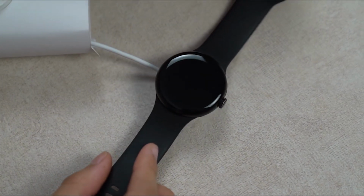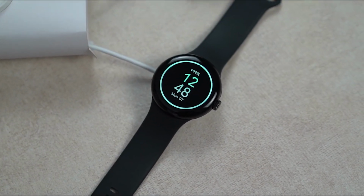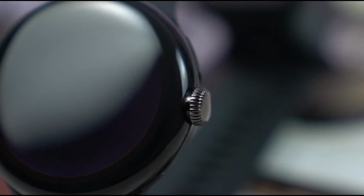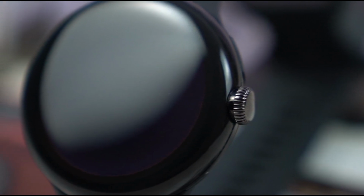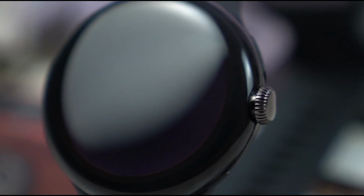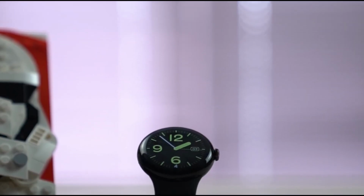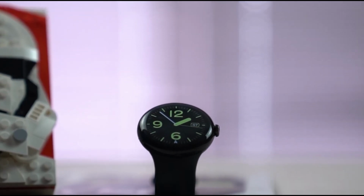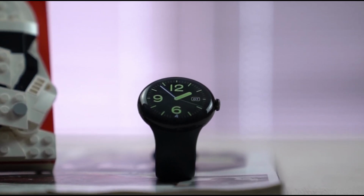Google reckons you'll get 24 hours of use from the Pixel Watch, which should put it ahead of the latest Apple Watch. We found that estimate to be way too generous, at least with the always-on display enabled. A battery saver warning would flash long before bedtime, after starting the day with a full charge, going for a 30-minute run and getting a reasonable amount of notifications. We saw the battery percentage dip by around 7% an hour simply sitting at a desk, which translates to about 14 hours without turning on the battery saver mode. That's a long way off what we saw from the latest crop of Samsung Galaxy Watch,